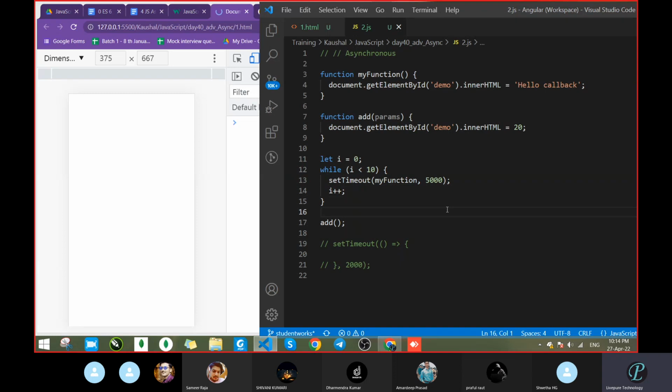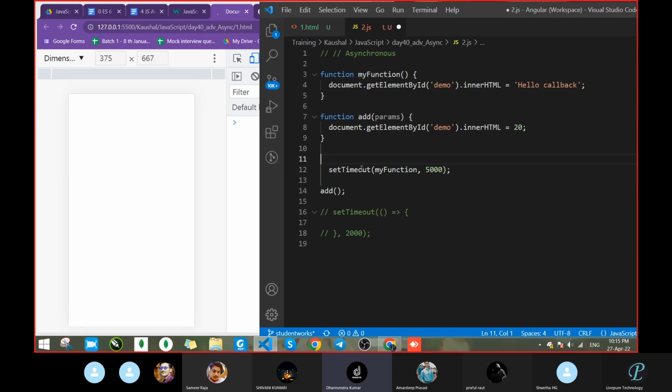Let's stop this, otherwise it will hang my system. Where is control? We have to close the tab itself. Yeah, that we have to do.